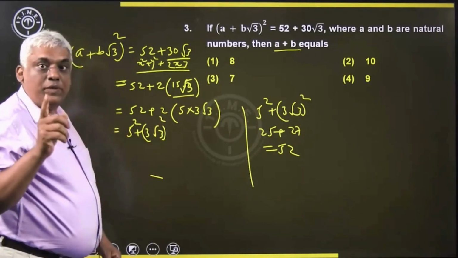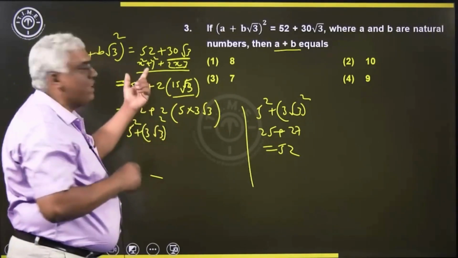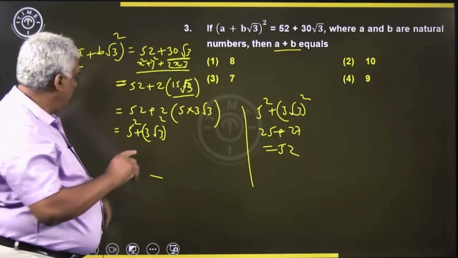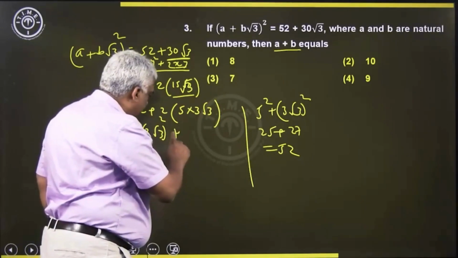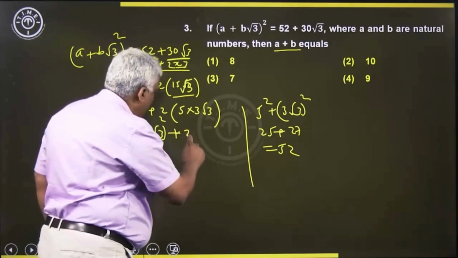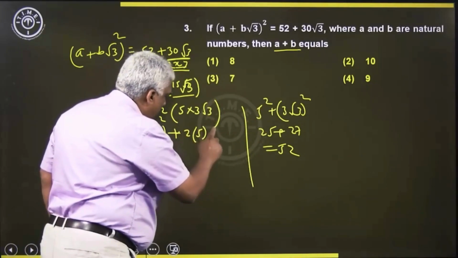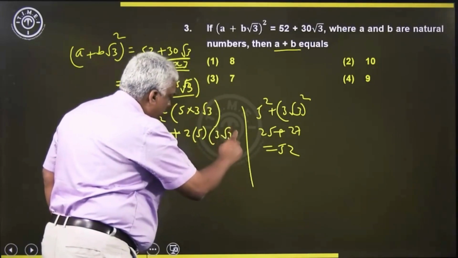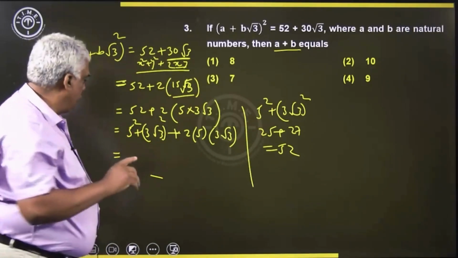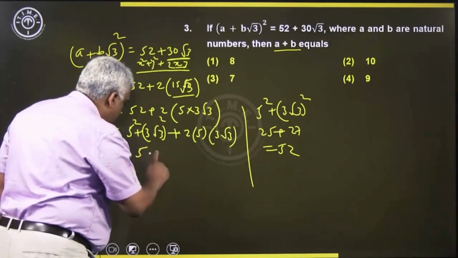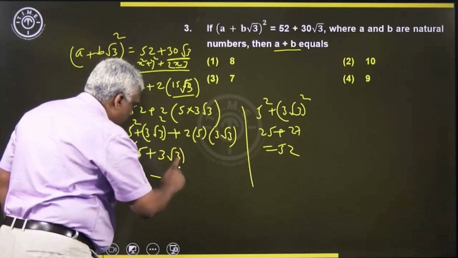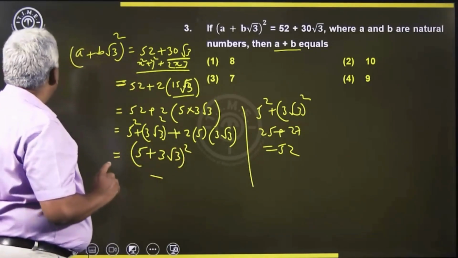So, this is a² + b², that is 52. I mean here it is x² + y². I have not taken ab because ab is already here, and the middle term is 2ab. So this is 2 into a into b. Okay, so basically it is coming (a + b)². So basically we got